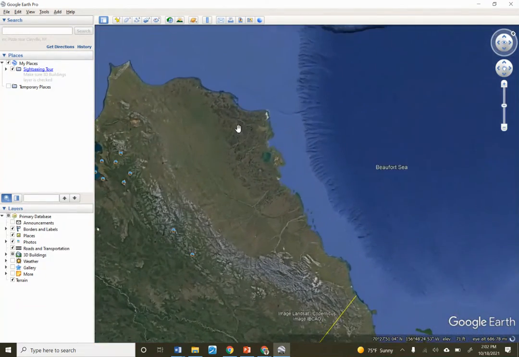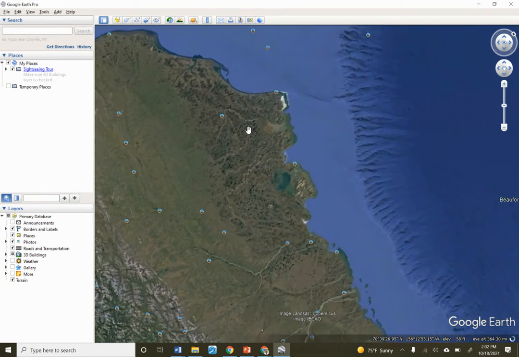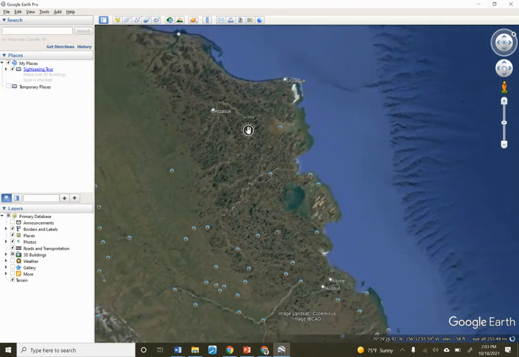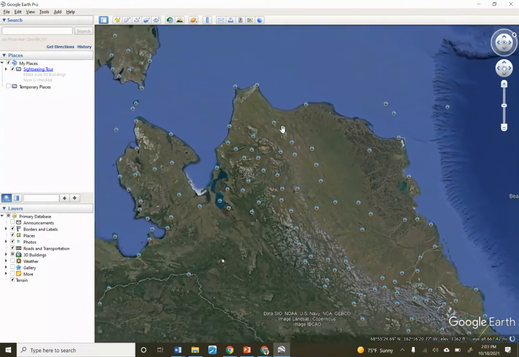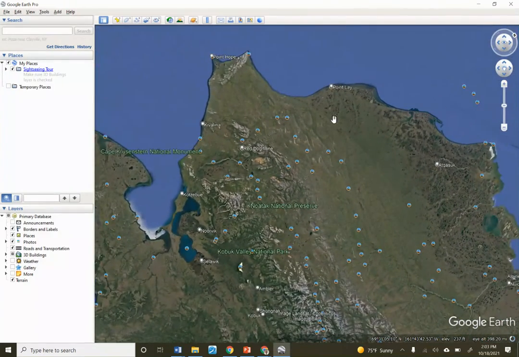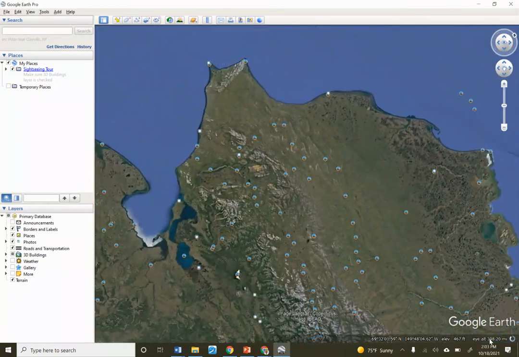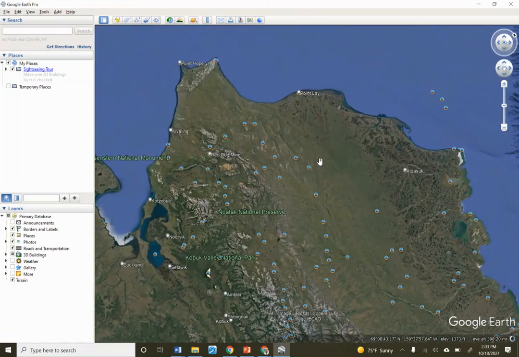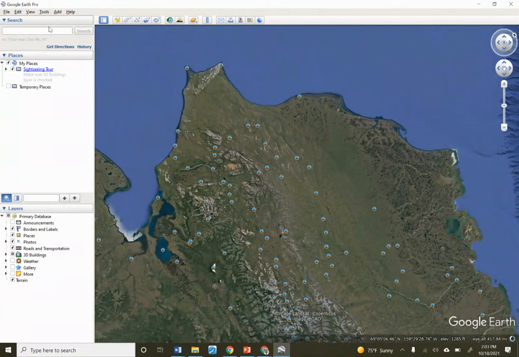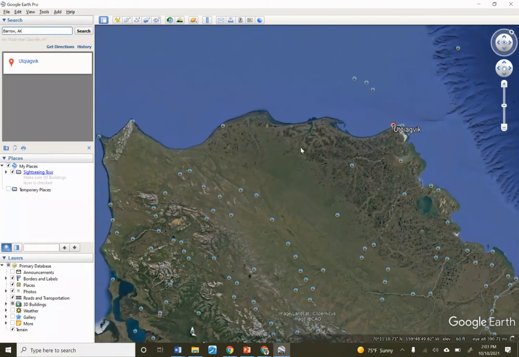All right, so this is Barrow, Alaska. Let me pull in the places. Yeah, it's there. Okay. Where are we? Well, I'm missing it. Hang on a minute. I'm sorry. I should be able to go right to it. I have been doing it in the past. Let's do it this way. Here we go. This is the easier way to do it anyway. There we go. I wasn't far from it.